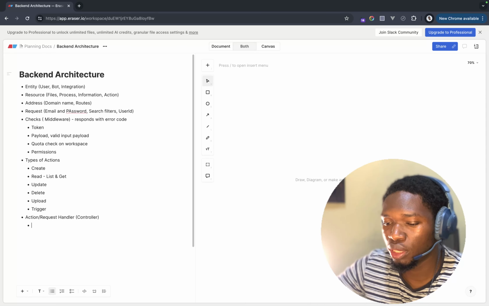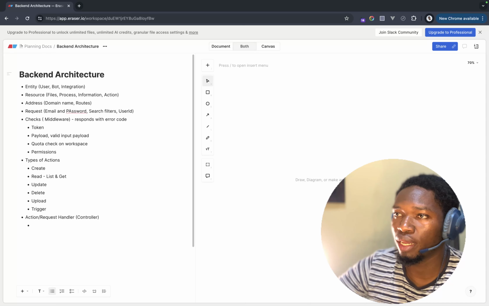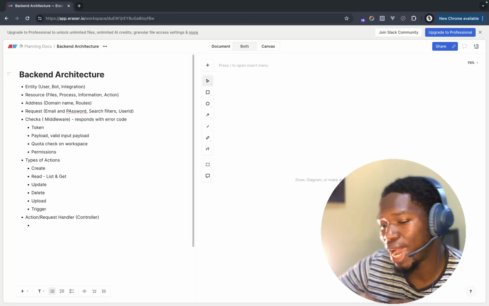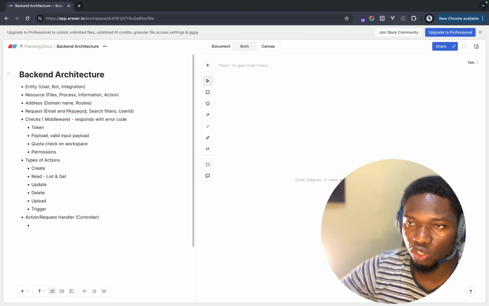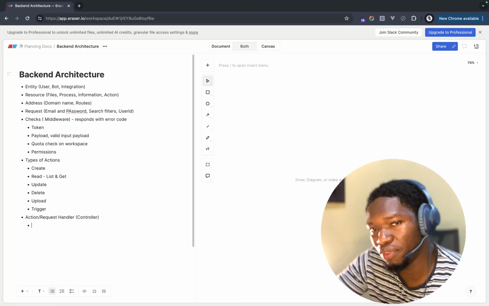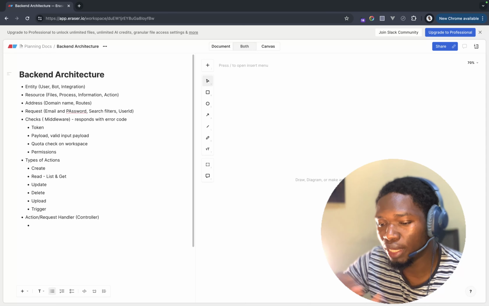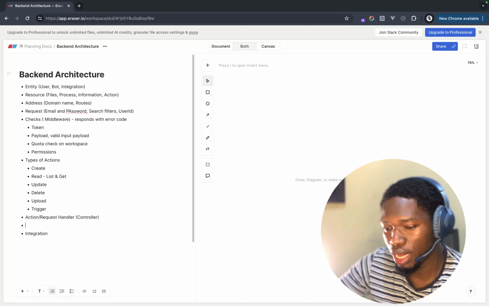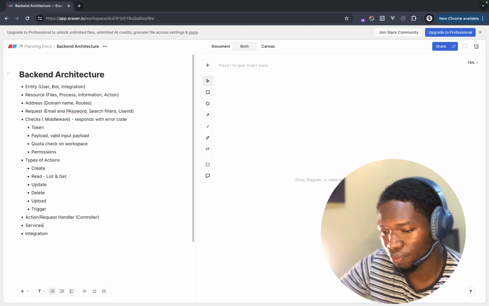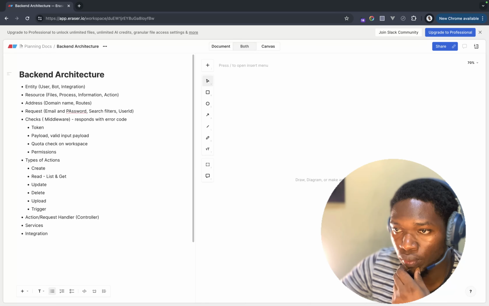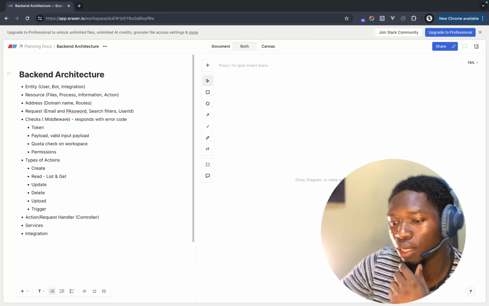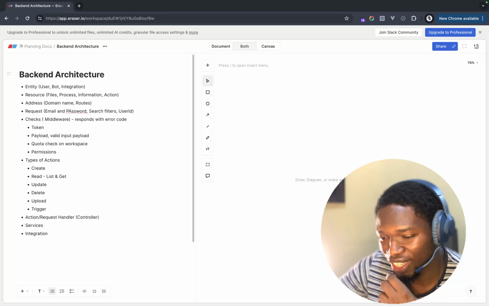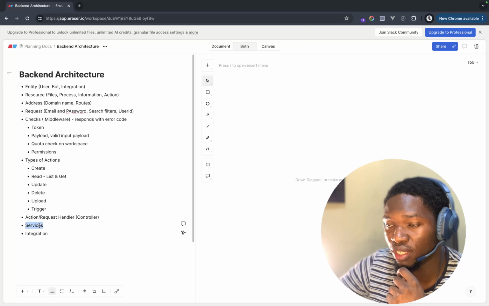But at this point, we are going to a database to get something. We are adding something to a database. We are calling another service that is attached to our app, right? That is where integrations come in. I mentioned services, and I don't want to confuse. There are two kinds of services that usually come in here, so I'm going to change this. Let's just call it